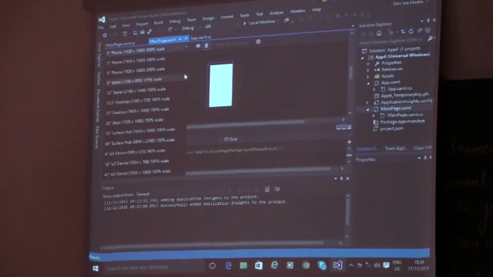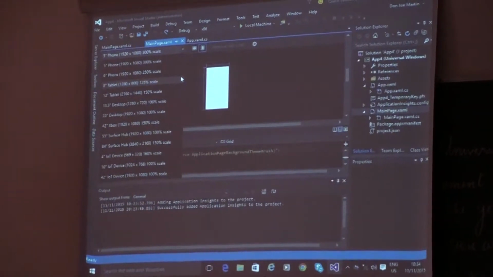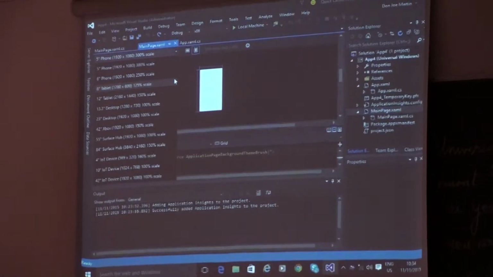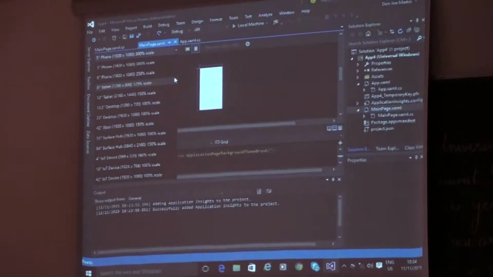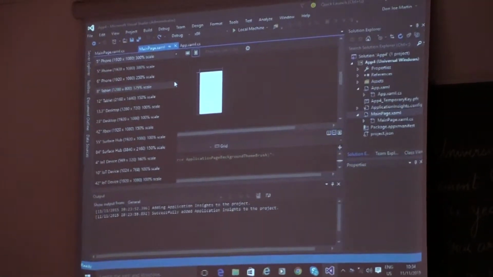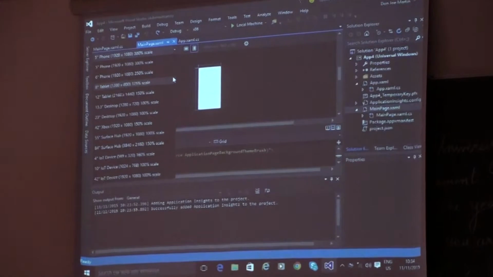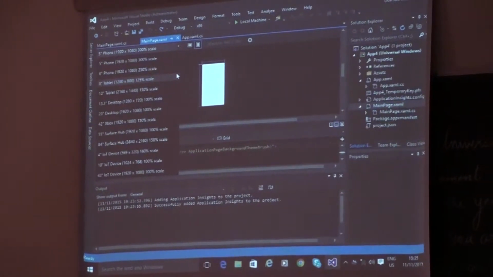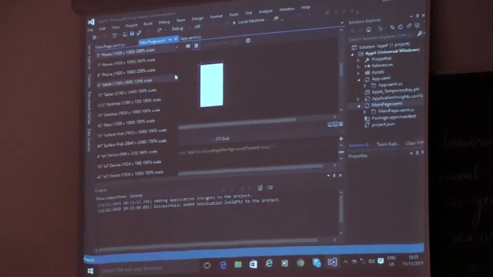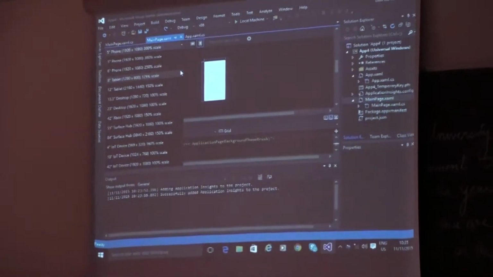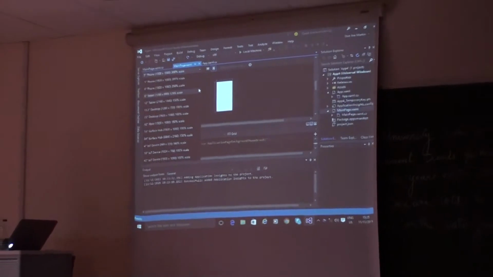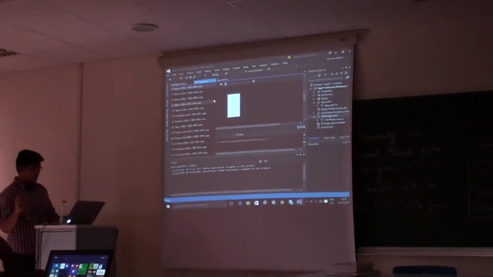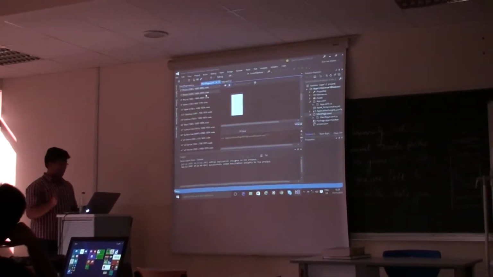But the Universal platform is such that you create an app for any platform, for any device, and that app is going to run across all of these devices seamlessly without you needing to do anything. Because everything will resize on its own, is what you expect. Cool? Everything will resize only if you give an auto size to everything. I'll show the difference between having an auto size and having a fixed static size.